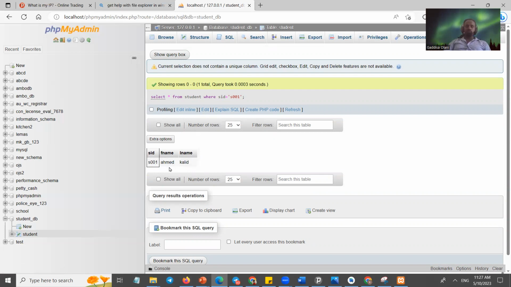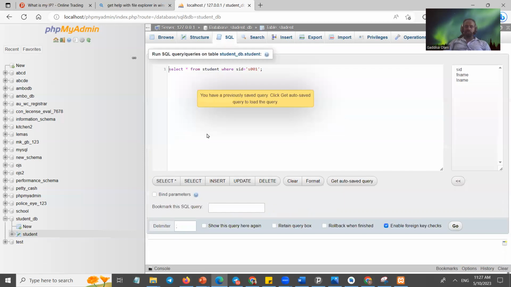Now let's say we wanted to change the first name of Ahmed, as you can see here, the A is written in lowercase letter. We wanted to make it capital A. We wanted to update because it is a name, yes. So I'm going to update this one. In this case, I'm going to use the update statement because I'm going to change it, yes. I can simply say update, then I can specify the table name,